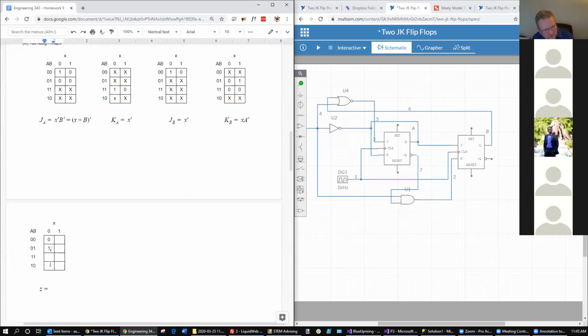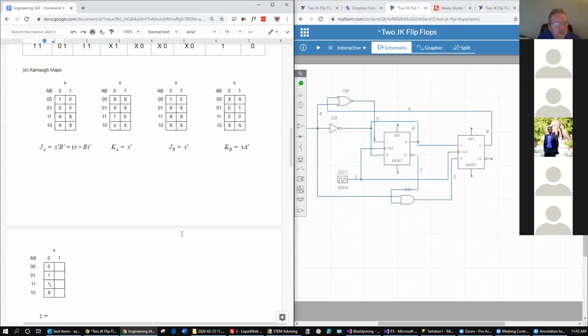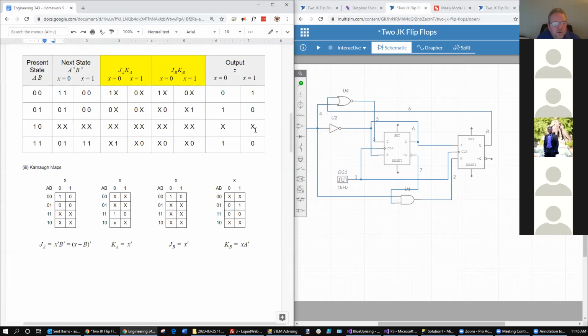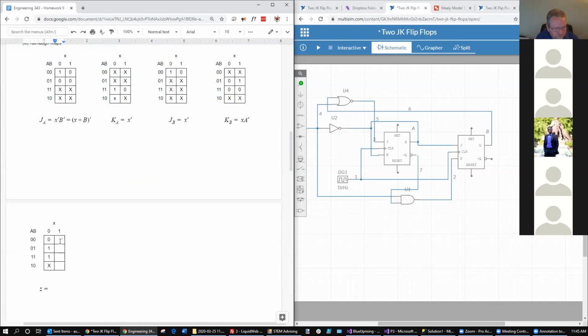0, 1, x, and 1. Then we come up here, 1, 0, x, 0. Can anybody tell me what the equation of that would be? Looks like it's going to have 2 terms, right? X NOT B